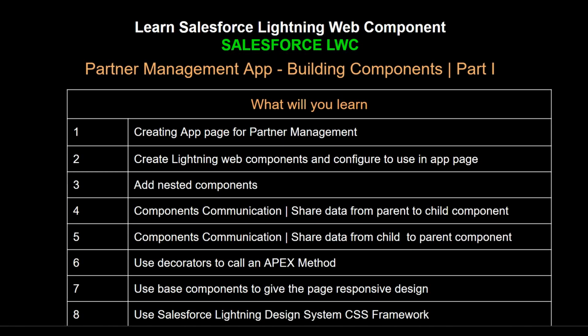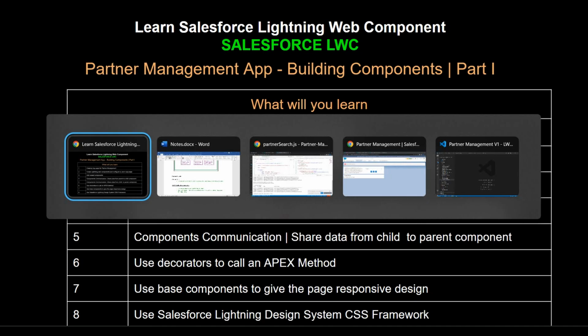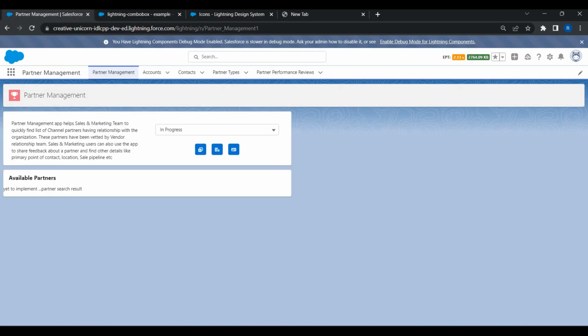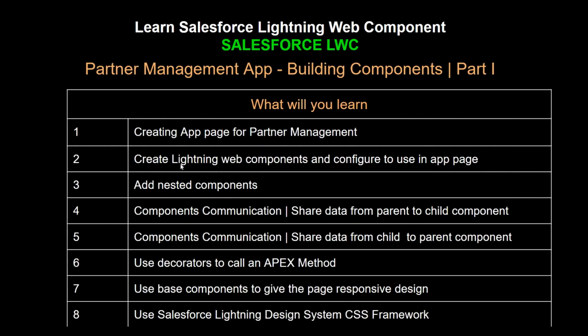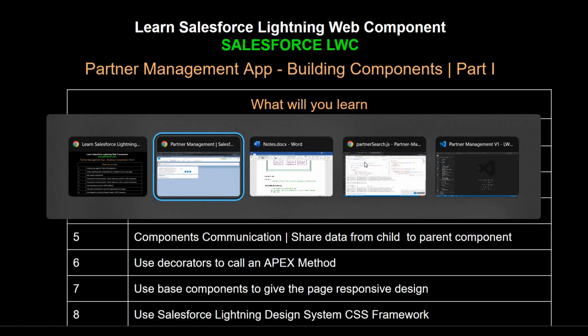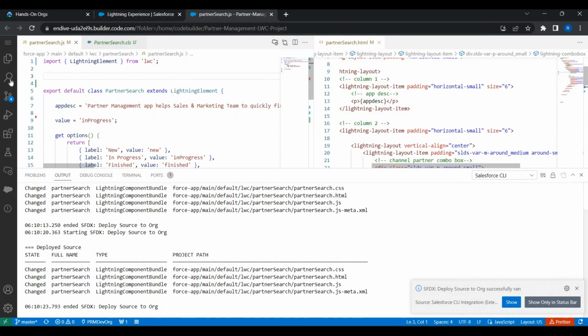All right. So before we move forward, let's take a step back and see what we did so far. We managed to create an application page, isn't it? Named Partner Management. And we managed to add components in it, right? So far we added 4 components, isn't it? So we created Lightning Web Components and we ensured that it can be used only in the application page. How did we do it? We used the configuration file,